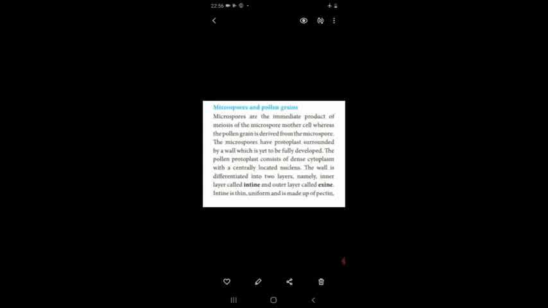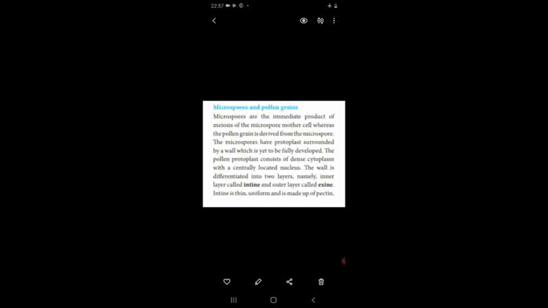Microspore is the product of meiotic division of microspore mother cell. Microspore is otherwise named as pollen grains. We all know that one. In the flower, at the tip of the filament, they have a yellow color powder. The yellow color structure is called anther. When you crush the anther, our fingers change into a yellow color powdery substance. That is said to be the pollen grains.